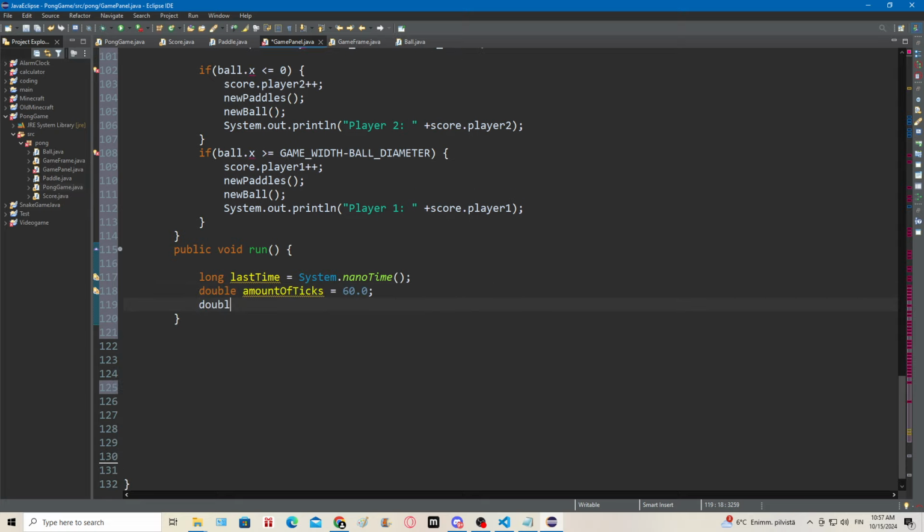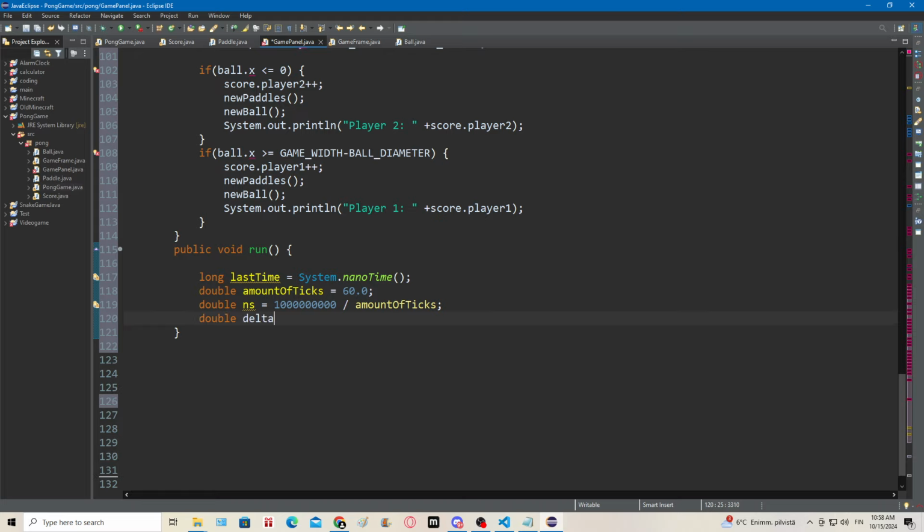Then double ns equals 1 billion divided by the amountOfTicks. So 1, 2, 3, 4, 5, 6, 7, 8, 9, yes. And then